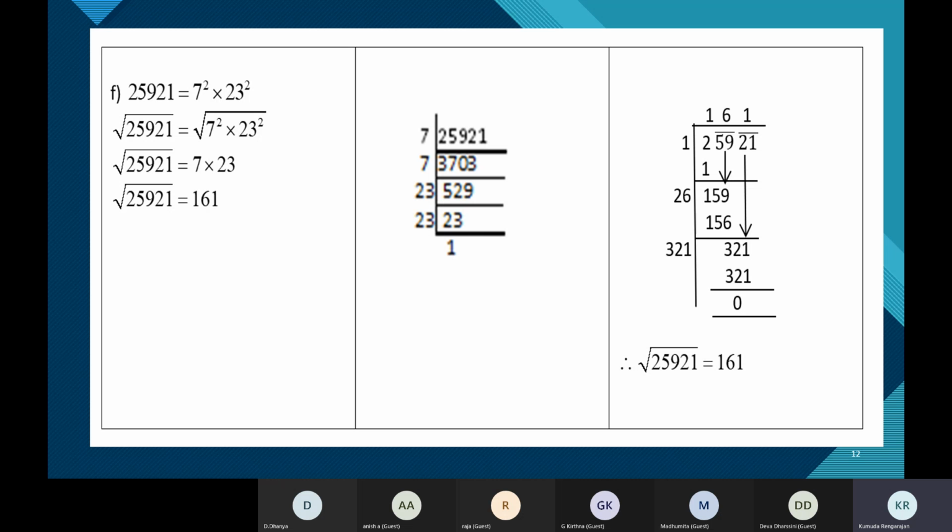Now this number ends with the digit 9. What will give us 9 in the end? 3 3s are 9, 7 7s are 49. If you have 3 or 7 in the units place, you will get 9 in the units place in the product. If you want to get 9 in the ones place in the product, then the number you take up must end with 3 or end with 7.